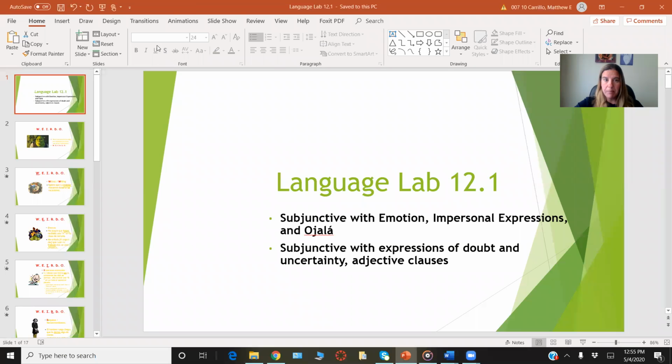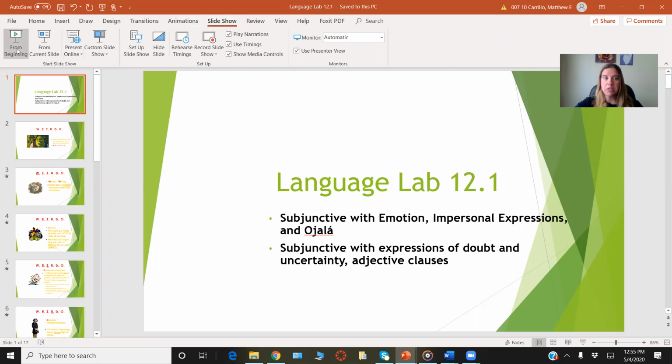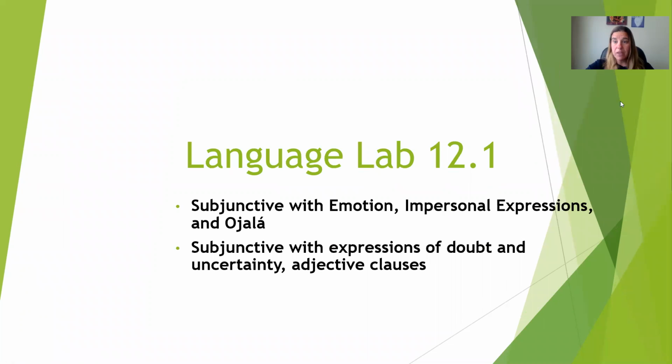So let's get started. You may notice already that the grammar for chapter 12 is mostly a review of the subjunctive. That's why I chose to do chapter 12 in 1 week rather than 2. So we're basically just going to review how the subjunctive works. So what causes us to need the subjunctive? Chapter 12 looks at using subjunctive with emotion, impersonal expressions, and the expression ojalá, as well as doubt, uncertainty, and adjective clauses. So it's kind of a lot of uses, but the formation of the subjunctive should be